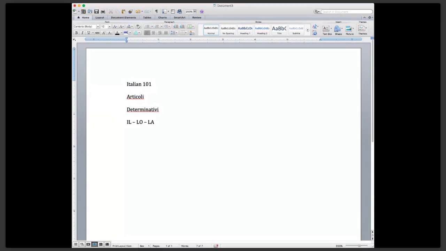And why are there 2 masculines? These 2 are masculine, and we're going to color them blue, blue for boys, and pink for girls. Okay, let's go simple. Il, lo, la. There's 2 for boys and 1 for girls. And why is that? Because